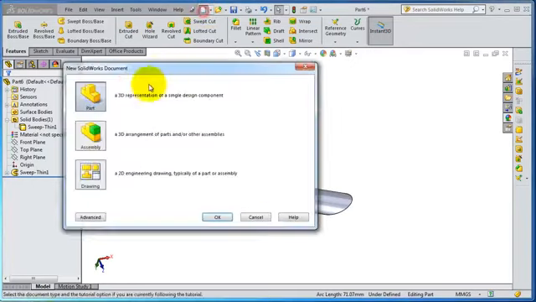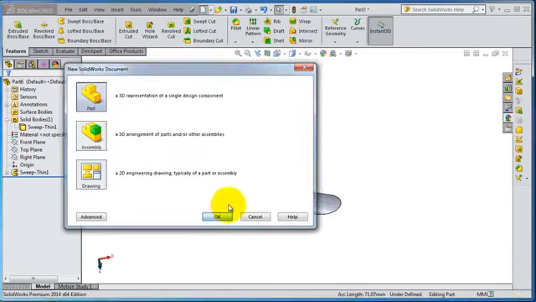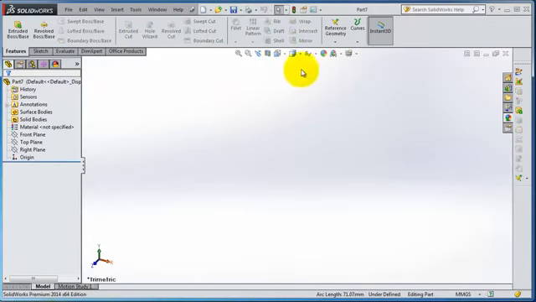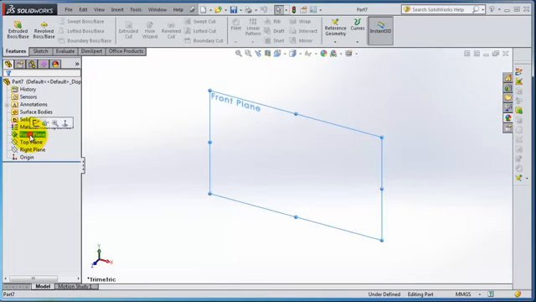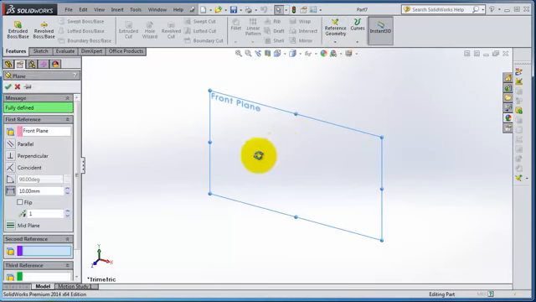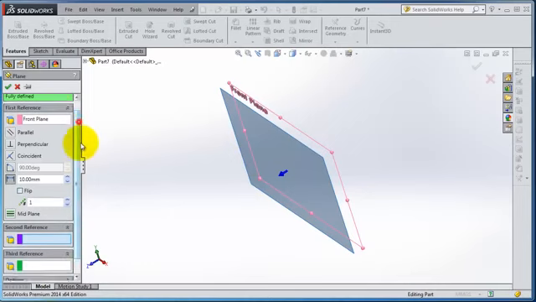So let's start a new part. And here you have the reference geometry icon. If you expand, you have plane. So let's try to make 4 planes parallel to the top or front plane. So select the front plane. So now you have this